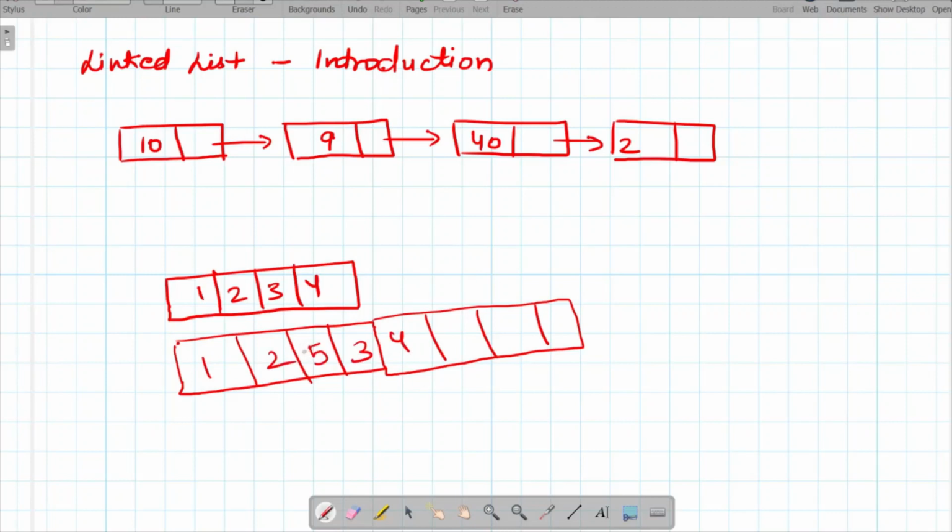Similarly, we have operations like deletion at the middle. If we perform a deletion operation in the middle of an array, we have to change the position of all the elements, whereas in a linked list, suppose we have deleted 9, then we just have to change the next pointer of the node which has element 10. So this will point towards this, and that's all. So similarly, the operations which are easier are insert at middle, which is advantageous, and the other one is delete at middle.